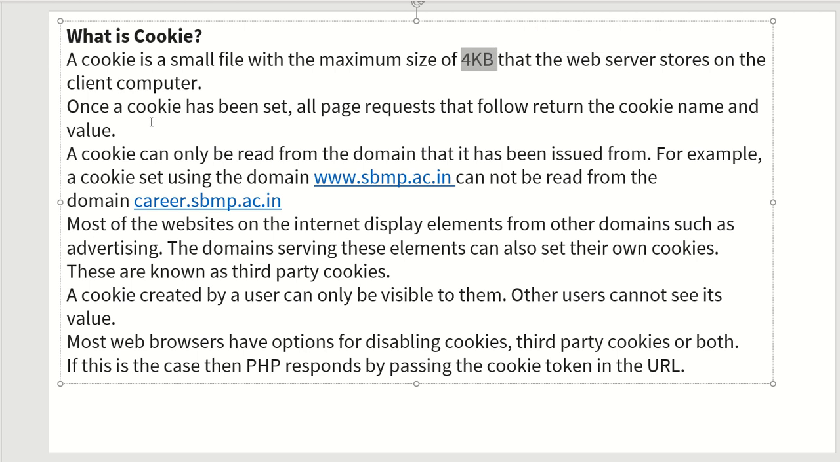Once the cookie has been set, all page requests that follow return the cookie name as well as its value. Two things: one is cookie name and the other is value. A cookie can only be read from the domain that it has been issued from. For example, a cookie set using the domain www.sbmp.ac.in cannot be read from the domain